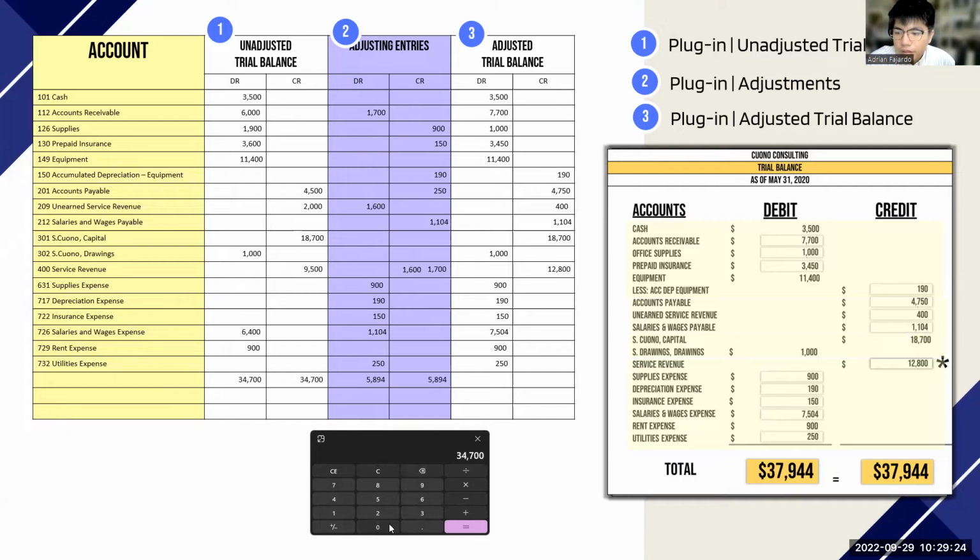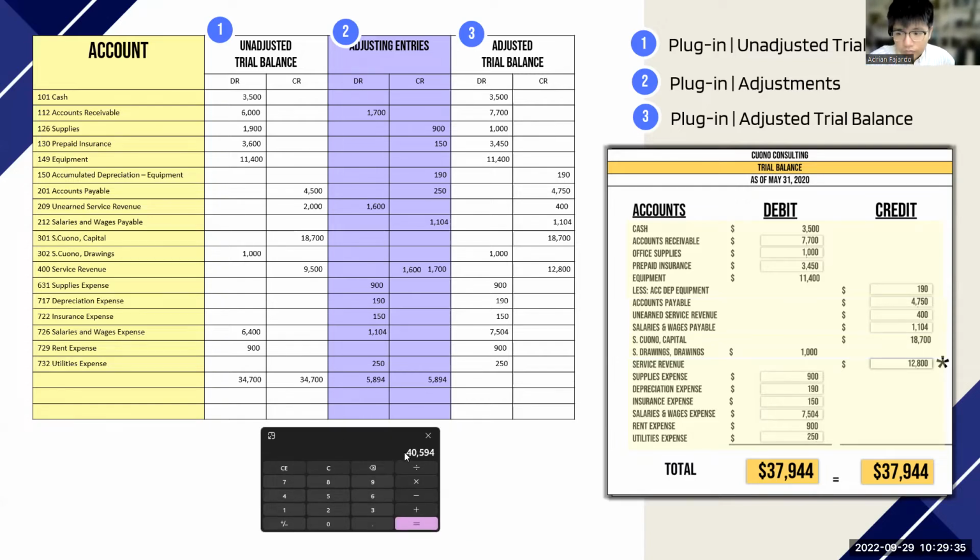34,700 plus 5,894 from the second group, you'll have 40,594, right? But then, as you can see, it's 37,944 because I wanted to highlight the fact that